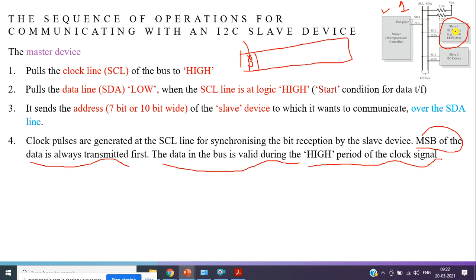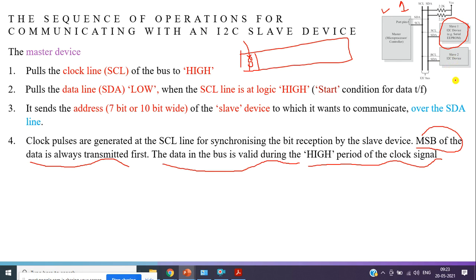Now before transferring the data, make sure that the slave device address is the same. It is to be matched, so the master device sends the address, varying between 7-bit or 10-bit, to each of the slaves. Once a slave receives the address, it sends an acknowledgement that the address sent by you is relatively to slave 1, or if it is matching with slave 2, then slave 2 will send the acknowledgement. And the same case is true with any other devices.